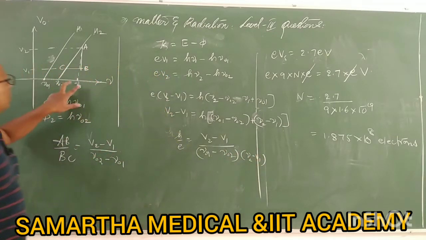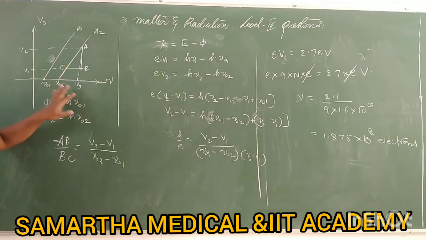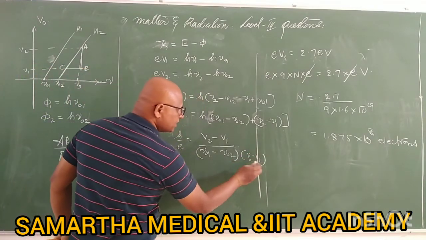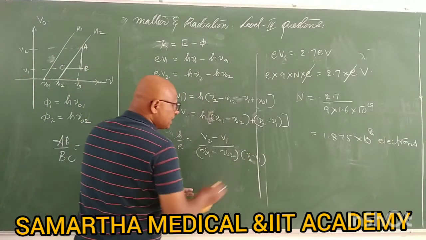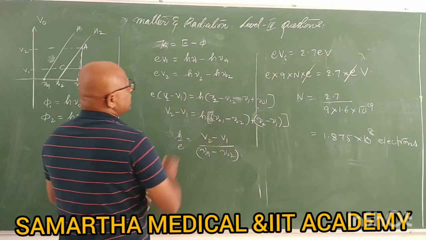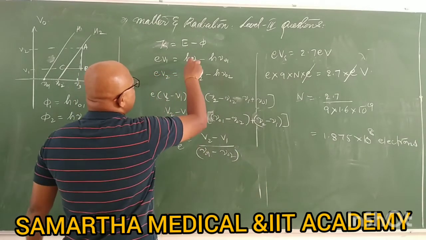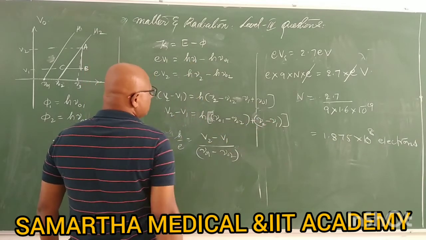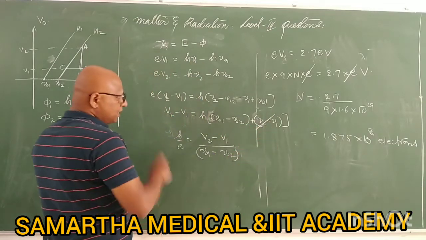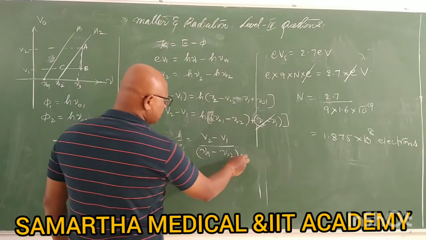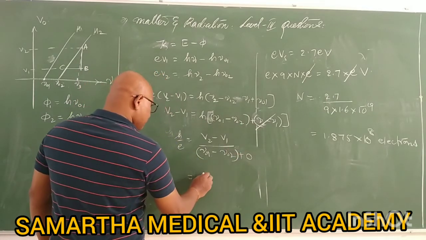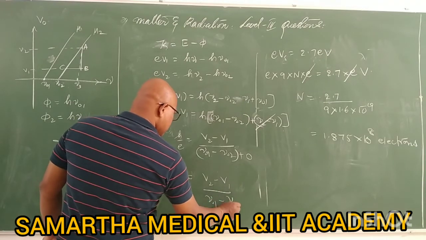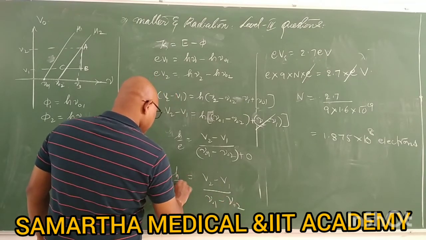Here there are no two frequencies, nu 2 and nu 1 are not there, they are asking for one particular frequency, that's why nu 2 and nu 1 both are same. Energy in these two equations is same, so that term becomes 0, it will be cancelled. Now it becomes V2 minus V1 divided by nu naught 1 minus nu naught 2 will be the answer. That is nothing but the slope.